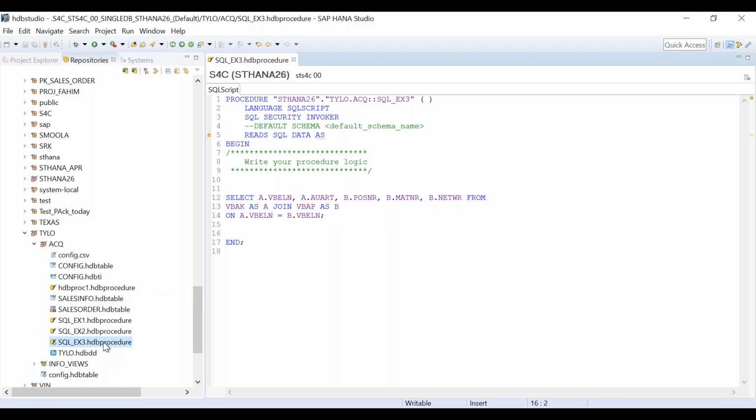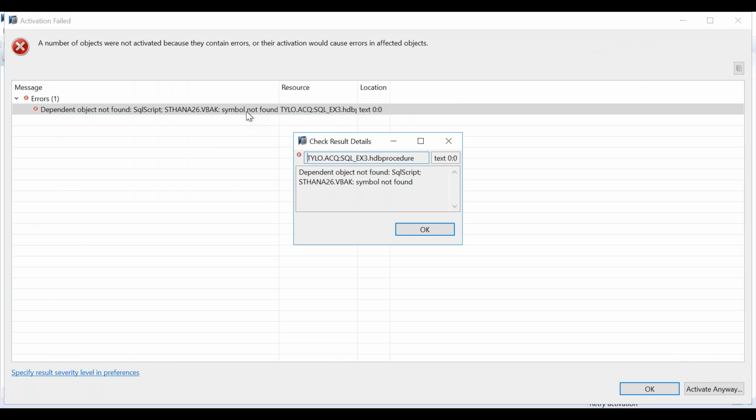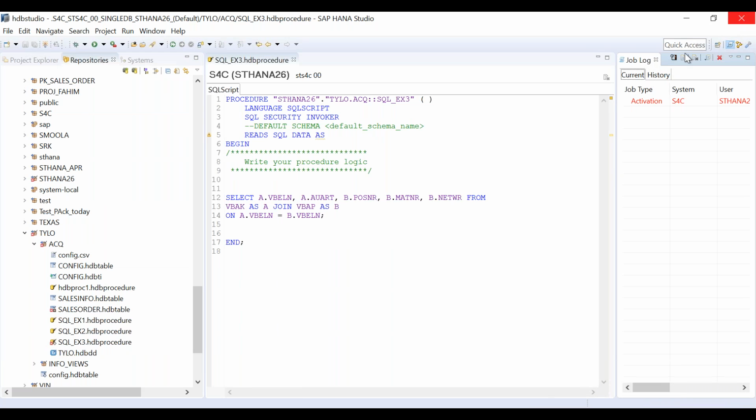and click on activate. There is an error. Symbol not found. Okay. We have not given the schema name. See the significance of schema. They don't understand what is VBAK, what is VBAP. Now, in order to make this work, we have to write default schema.